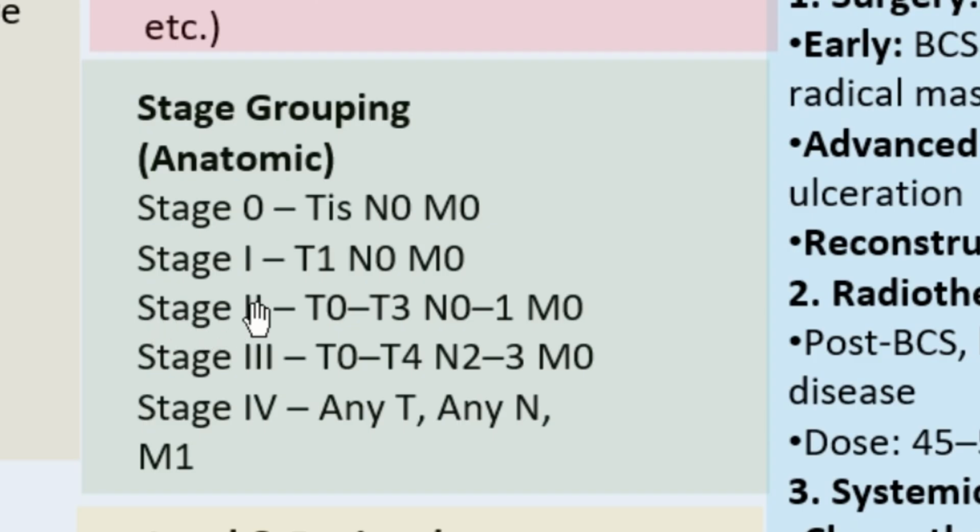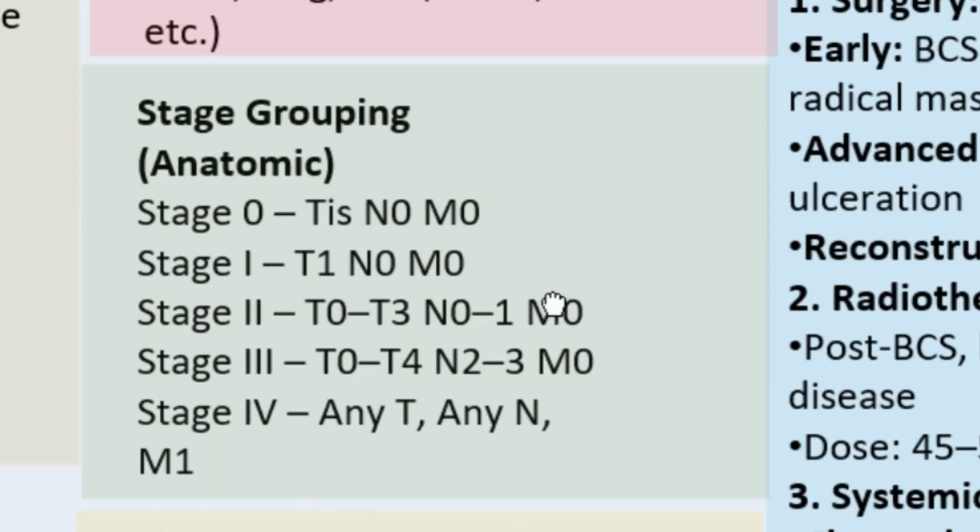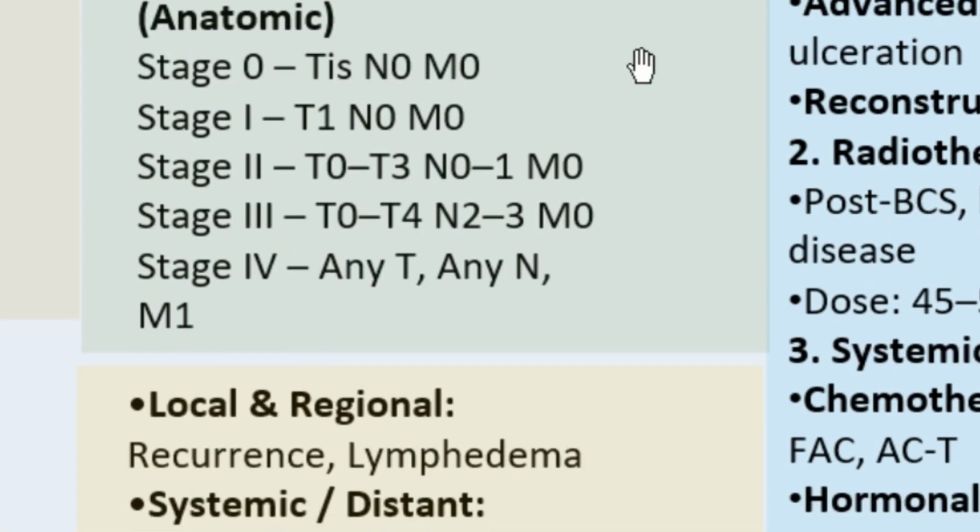In stage 2, we're going to have either no tumor or tumor size 3, that is greater than 5 centimeters but no invasion elsewhere, and no lymph nodes or N1, then no metastasis. Then stage 3 is going to give us tumor size 0 to 4, lymph node staging 2 to 3, and then no metastasis. Stage 4, if we have any metastasis, then that's stage 4 cancer. So after that, we're going to look at the